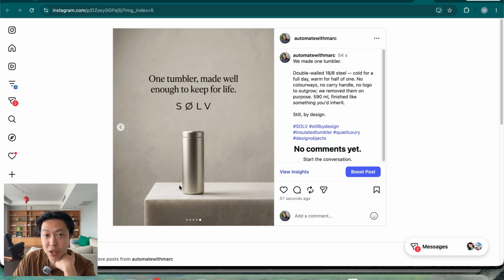Okay, so these are the images that we've generated, now posted on Instagram without us having actually even leaving Claude